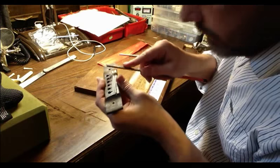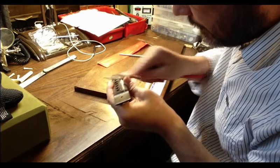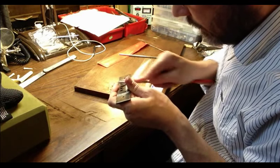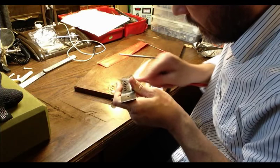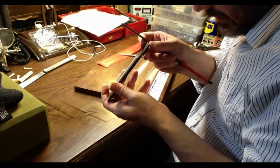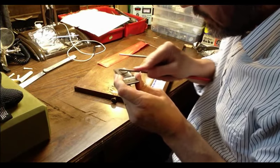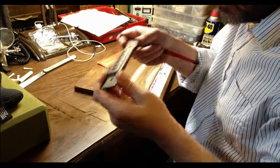This is kind of unconventional. I'm just doing it in midair here, but it's all about speed. To get something like this done a little more quickly, it's a little more justifiable to work on it. If you start taking a ton of time with something like this, you kind of start to get underwater on your time. At that point, it becomes more of a labor of love, and there's nothing left in it for somebody like me if you want to make a buck or two on it, or try. On something like this, it's more of a labor of love anyway, to be honest, because these guitars,